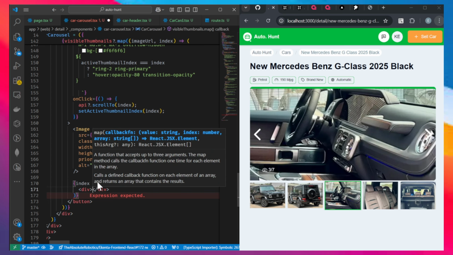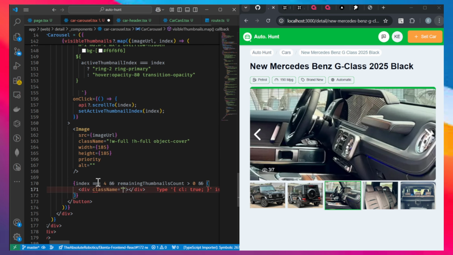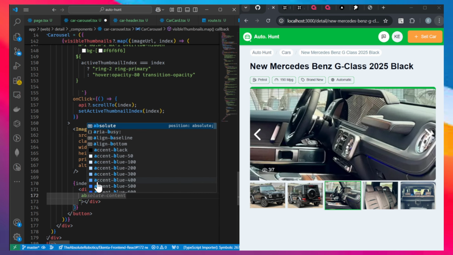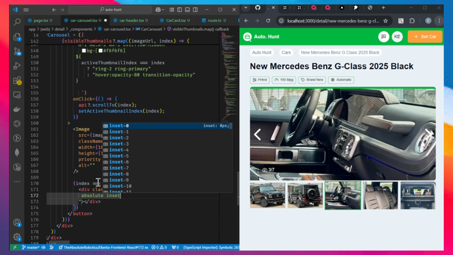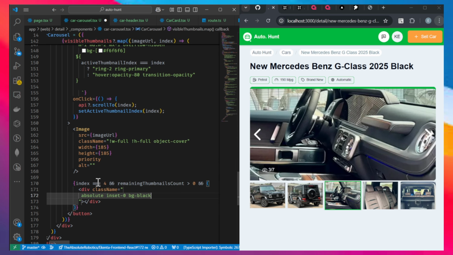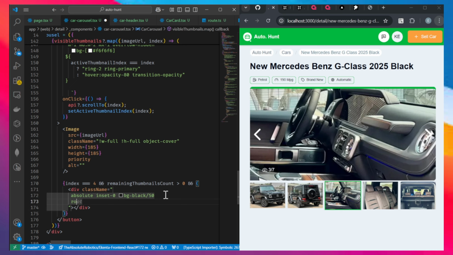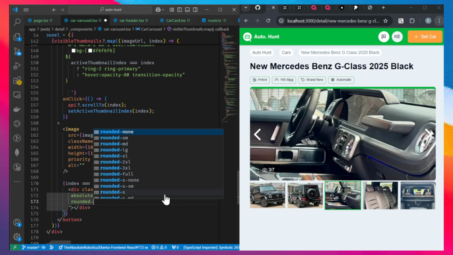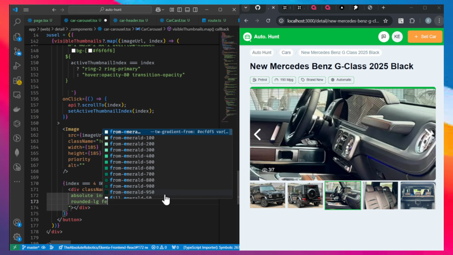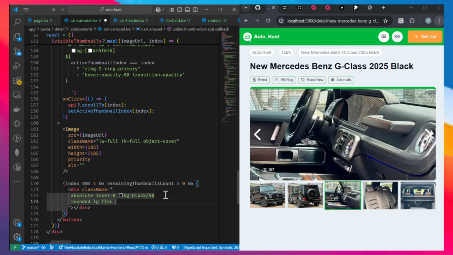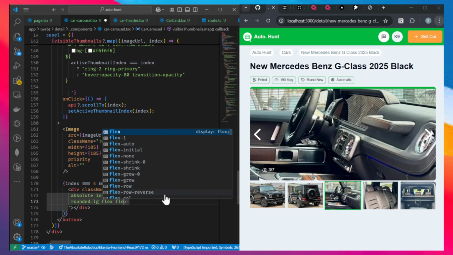So I'm going to create a div and say class name absolute, inset 0, bg black, let's give it black opacity of 30 or 50, and then rounded large, flex, and flex column, justify center,